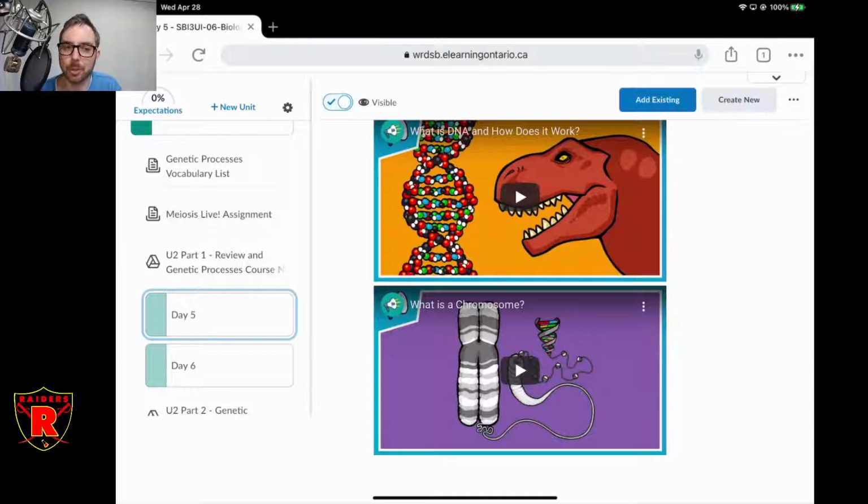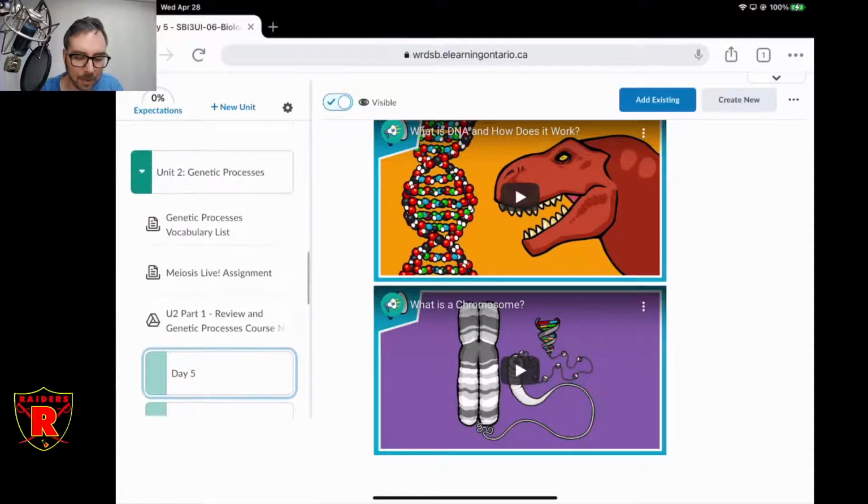But the idea is to communicate that information in a way that you would communicate it to another student. So it's pretty broad in terms of how you actually do that in the assignment. It doesn't have to be any particular method to show the information, but it does have to be a form of presentation or video.